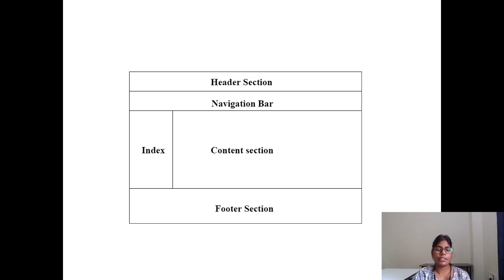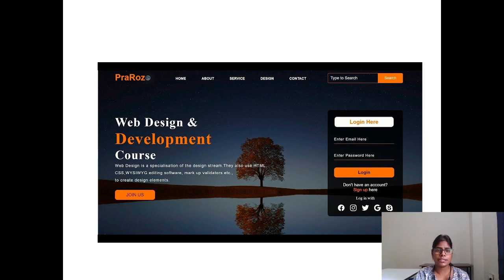given so that we can share our information, like our email address and contact number. If a student has any query or problem, he or she will be ready to ask you some questions. Like this, you can see this is the web page. In the web page you can see home, about, service, design, contact. Those are the navigation parts. So by using this navigation